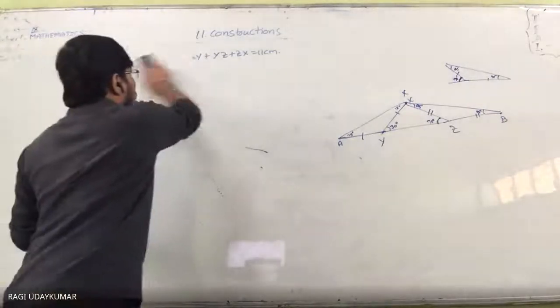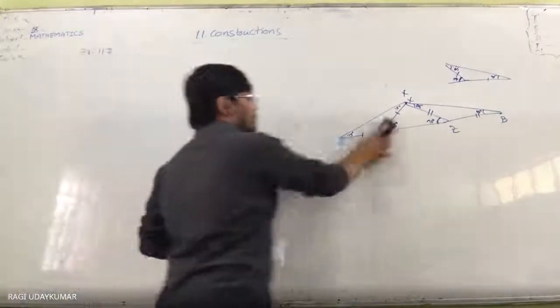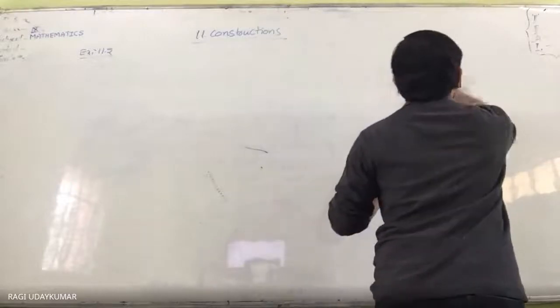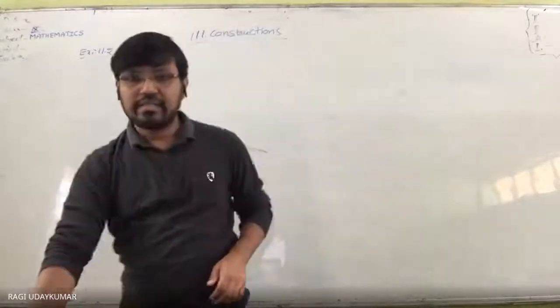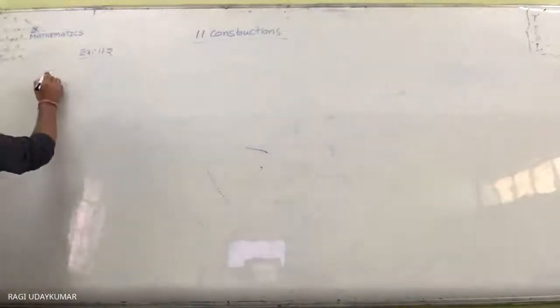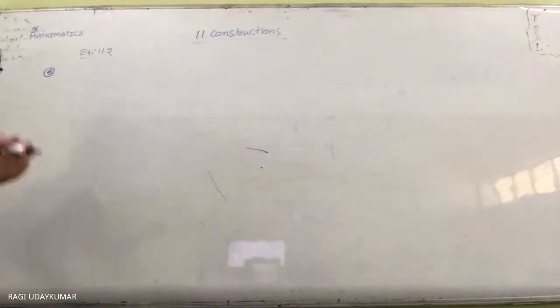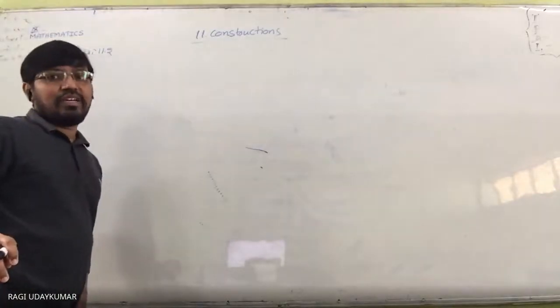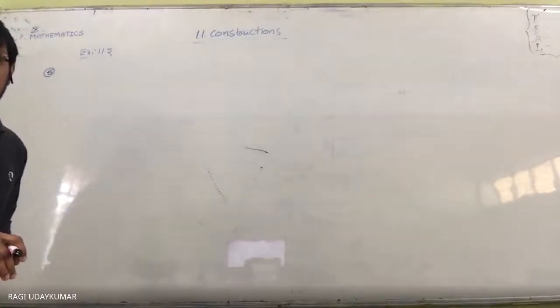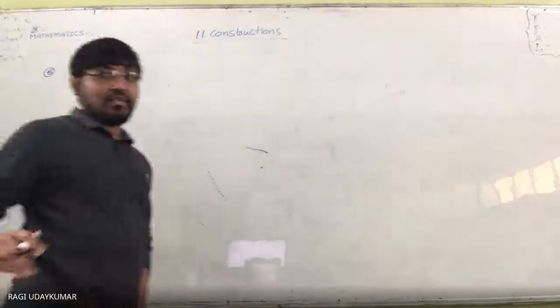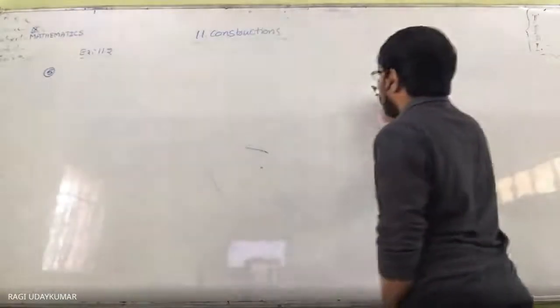The last question, fifth question here, it is given, you know. This exercise, construct a right angle triangle. Every time, whenever you do the construction, assumption is very important, and rough figure is very important. You need to take the rough figure into consideration. Right angle triangle whose base is 12 cm, and sum of the hypotenuse and the other side is. So that is nothing but any right angle triangle.